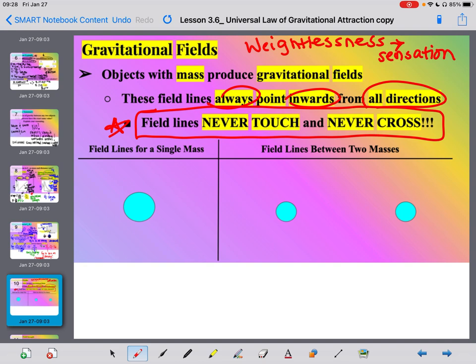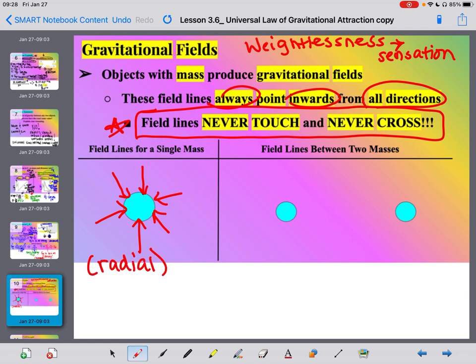And so think about the astronauts, they're floating around. That's because they are far away from the Earth, so their gravitational force isn't as strong, but there's still gravity out there, okay? So field lines for a single mass will look like the following. Okay, so you kind of just want to touch the circle and then just make lines. See how none of them are touching? They're not crossing, they're not touching. We call this pattern a radial pattern,